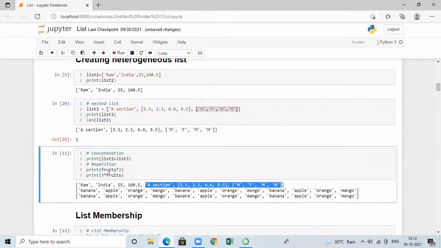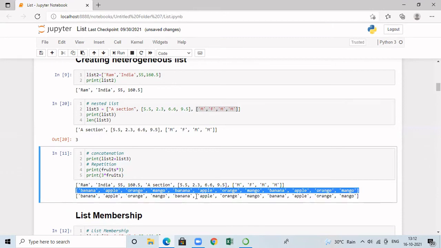That is, I'm going to repeat the list 3 times. I can even do 3 multiplied by fruits, and I'm going to get the same list repeated 3 times. This is the first time, here I have the second time, and in this I have the list the third time. And all these things are inside a new list. So it is called repetition of the list.